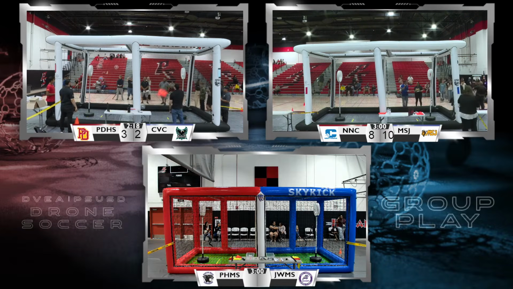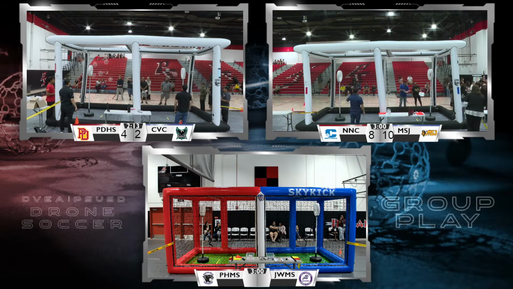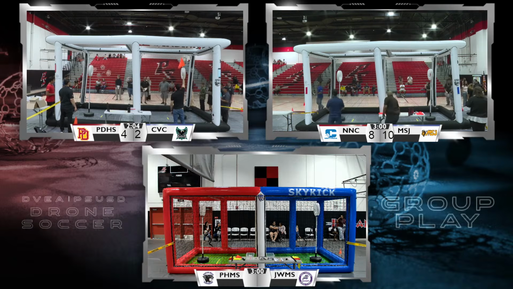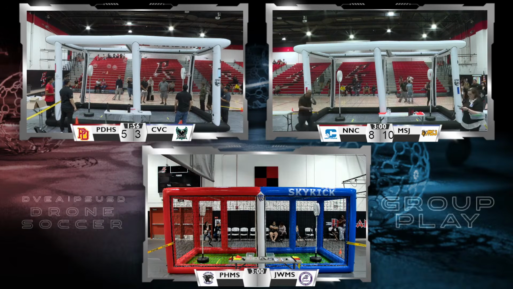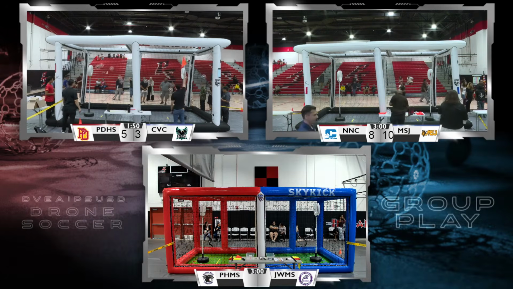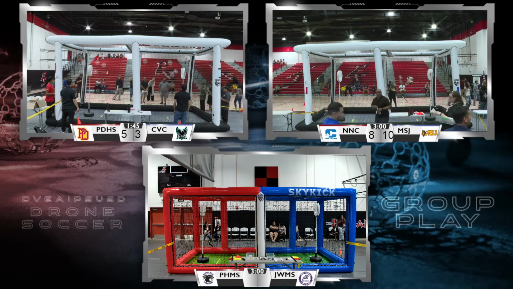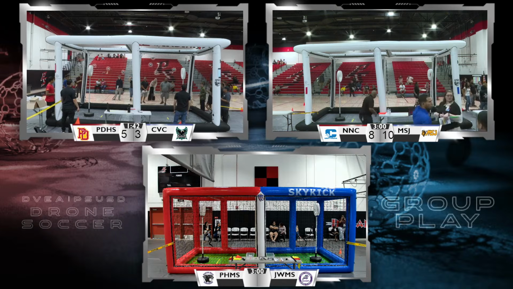In Arena C on deck. In Arena B, that will be Desert Springs Middle School and the Painted Hills Middle School Team 2 will be competing in Arena B here in just a couple of minutes. Desert Springs Middle School, Painted Hills Middle School, Arena B on deck. We have about a minute, just more than about half the game has elapsed, about a minute and 30 seconds left. Sierra Vista Charter and Palm Desert High School. Let's watch the action.